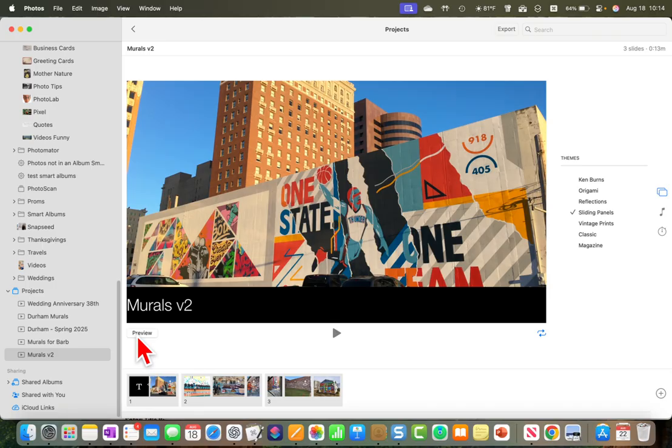Slideshow. Why wasn't it working on Barb's? I'm not sure. We'd have to look at it more another time, but that's that simple. That was it. Next thing we talked about,